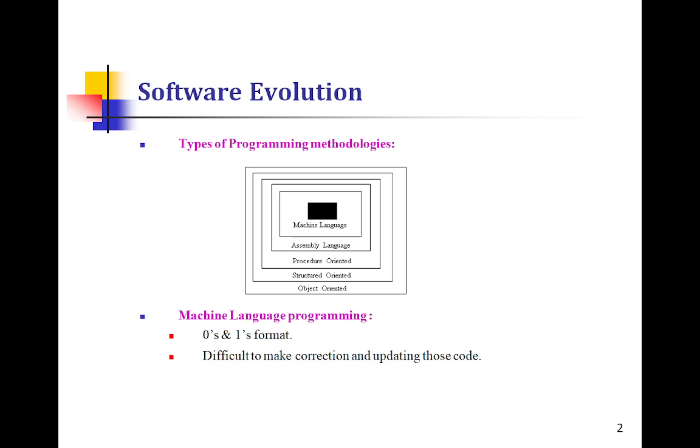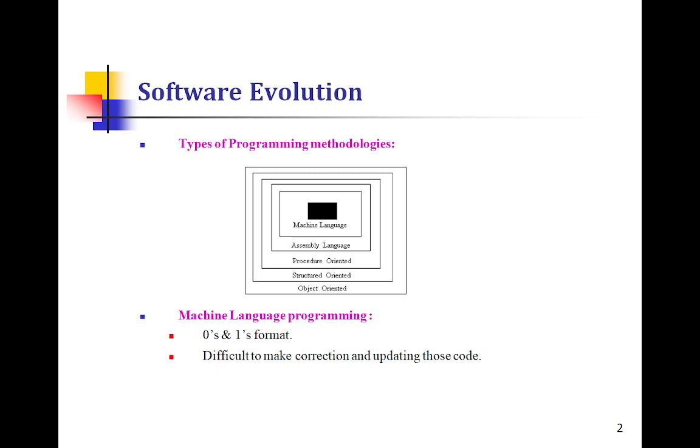In assembly language, the major role is played by the assembler. It does the conversion of assembly level language into machine level language binary format. So what will be the format of assembly language? That's the first point: it is in a mnemonics format. Mnemonics format means the first part is an operator, and then the next part is the operands.